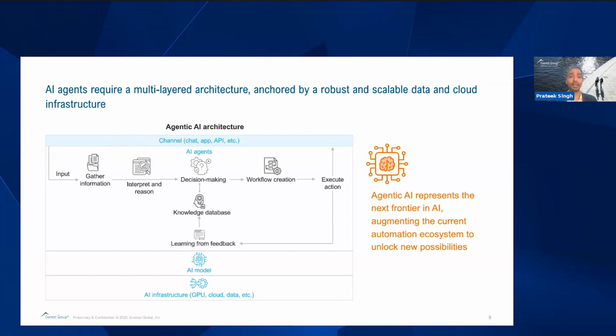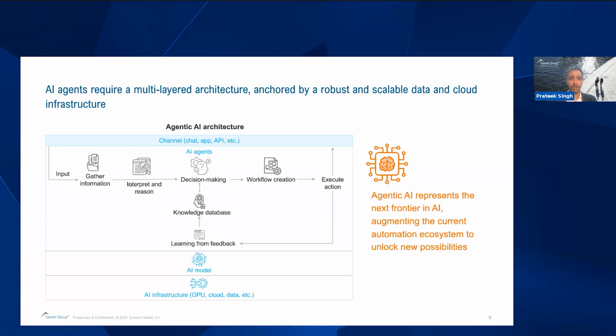And you would also have a knowledge database in place so that you can actually understand what is happening, what the agent is doing, and what's the reasoning behind some of the actions that it is taking. Beyond that, the foundation would be the AI model, which would be the LLMs that you would be using, which needs to be trained on procurement specific data for the solution to be actually relevant for procurement workflows. And at the bottom, you would have your overall AI infrastructure comprising of the GPUs, cloud infrastructure, and even your